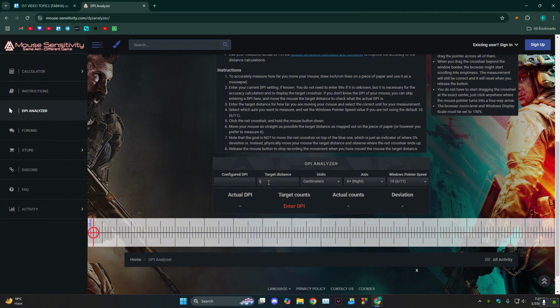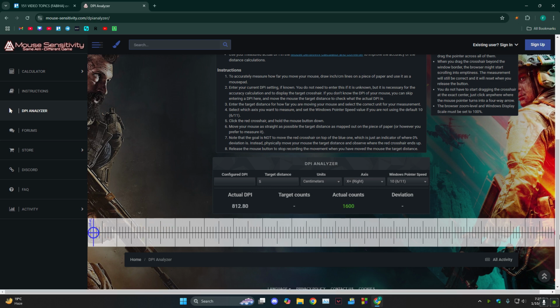Now what you need to do is actually get a ruler. Okay, you want to set your mouse to where it says 0 on the ruler, and then click on this and slowly drag it across 5 centimeter on your